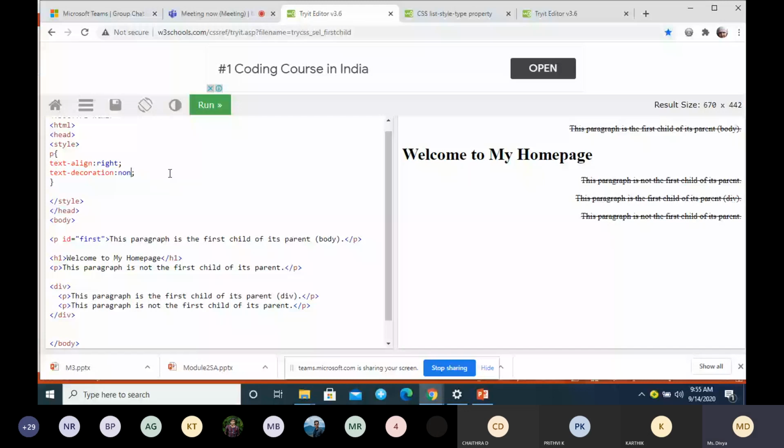Or by default you can specify none. It is the default, so you need not specify it. If you don't want any text decoration, you can specify none. So these are the different values: underline, none, overline, line-through. So next one,